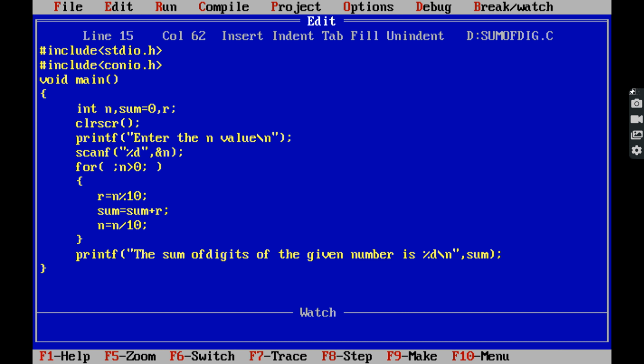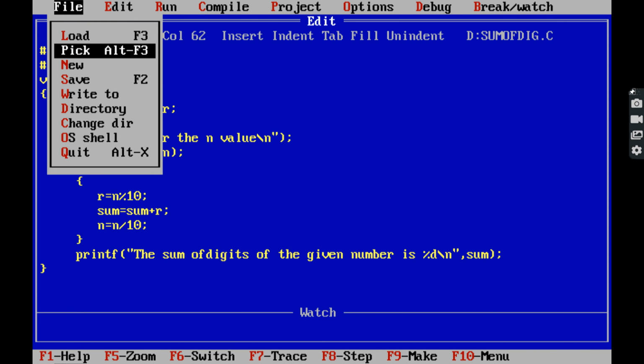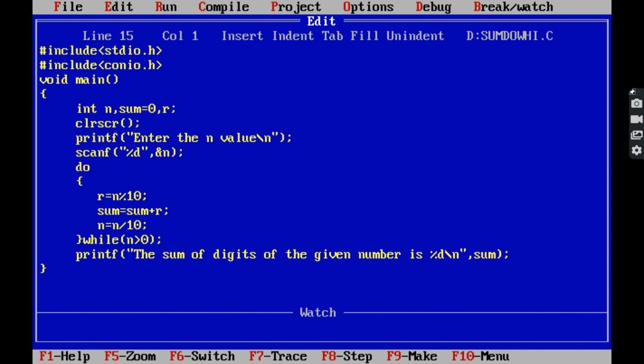Okay, now the same program can be implemented with the do while loop also. In the case of do while loop, we do the body of the loop, and at the last the while condition is checked. The condition is checked at the end of the loop in the case of do while loop. Now, so this is the program. So first is do, next the body of the loop, after that at the end we have to check the condition while n greater than 0. Here we have to put semicolon compulsorily.